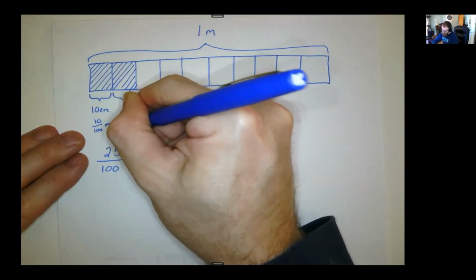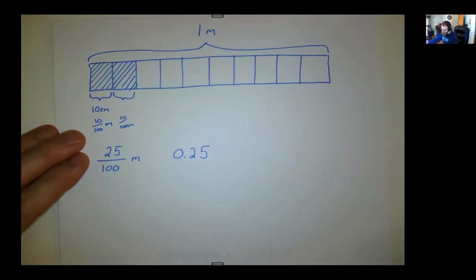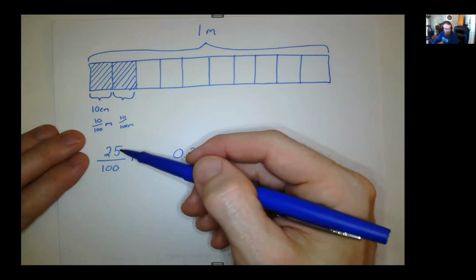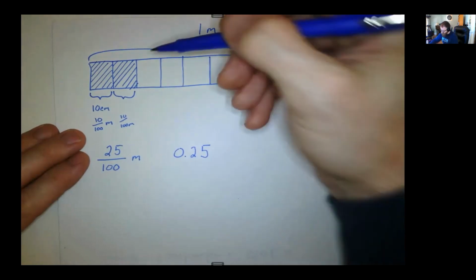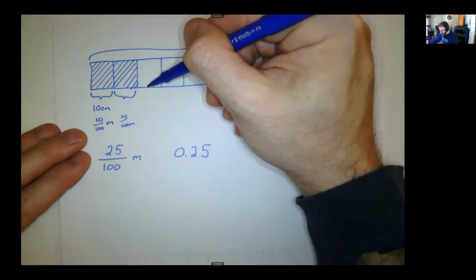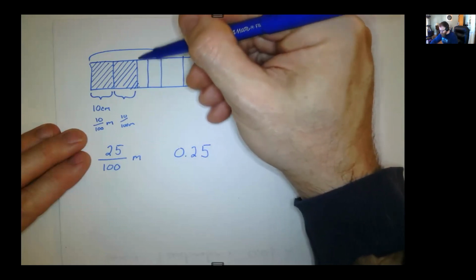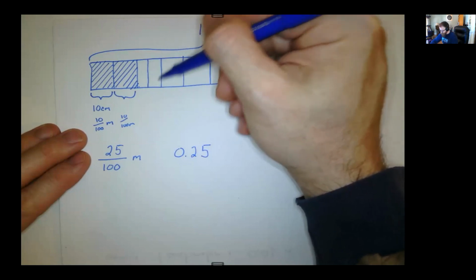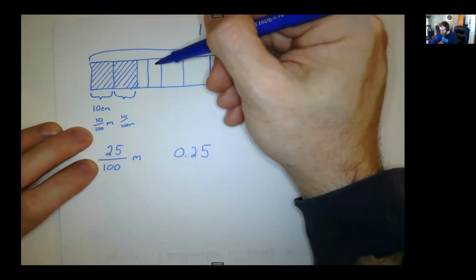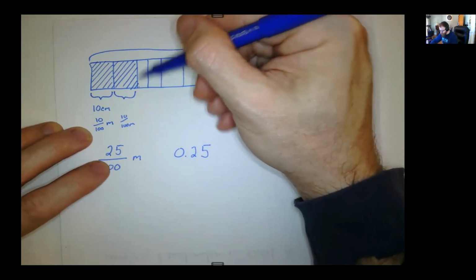So we have 10 100ths and 10 100ths. We need to show 5 more 100ths to get to 25 100ths. And if each section is worth 10, it's going to be hard to see my lines, but we can separate this into 10 100ths. And if we need 5 more 100ths to get to 25, we will just shade in